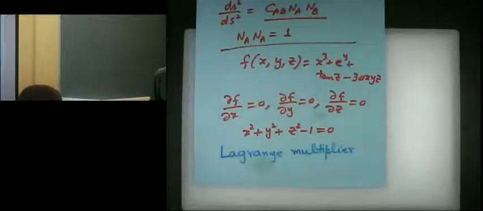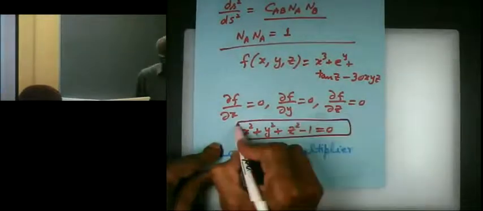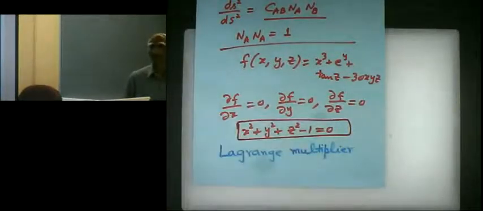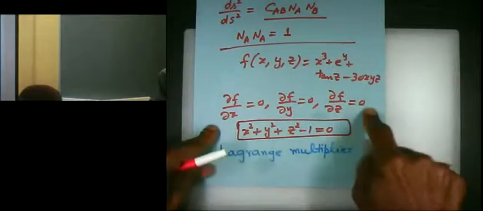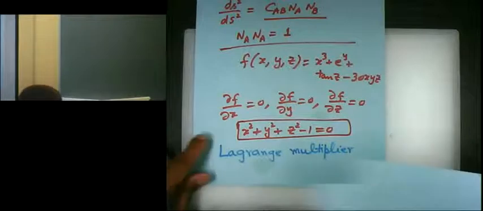So what do we do? If there is no constraint, if this equation is not there, then I think one of you gave me the answer that we should simultaneously solve these three equations. But if we have a constraint, then we cannot just solve those three equations. So what we need to do is modify our function. We need to modify the starting function.